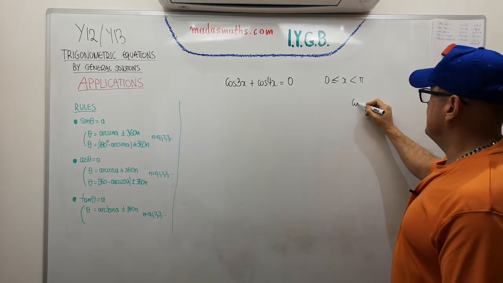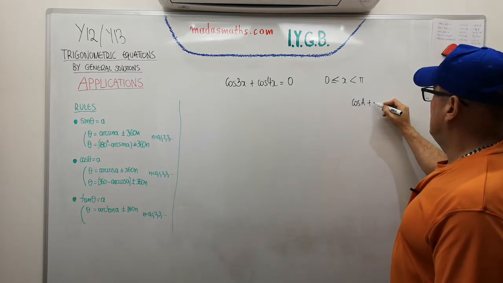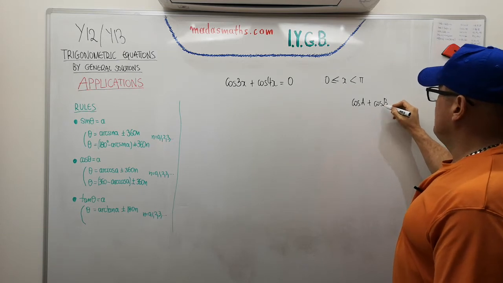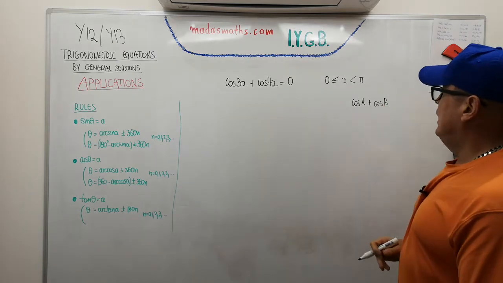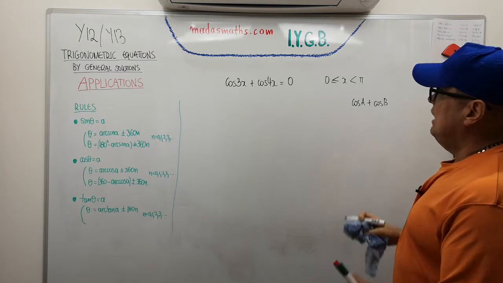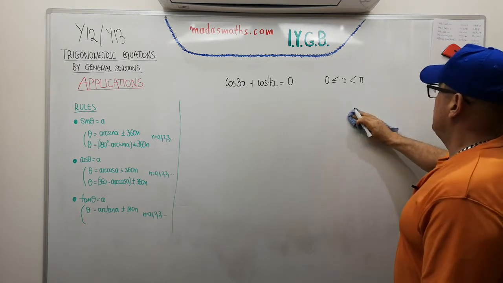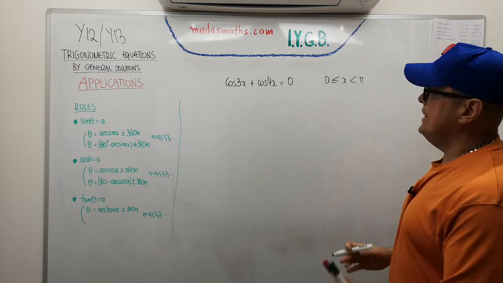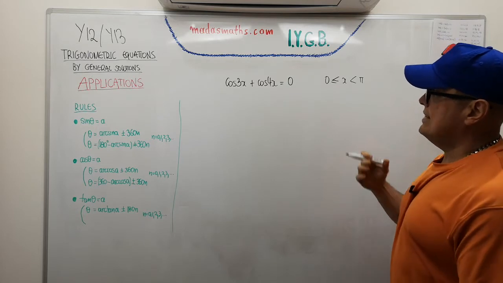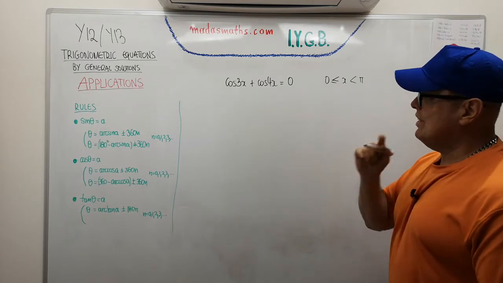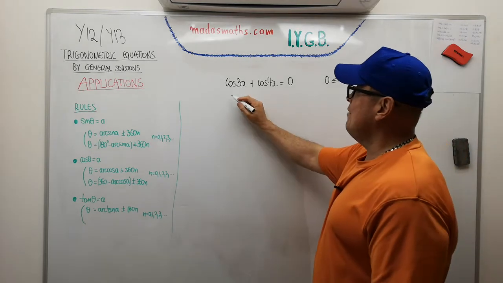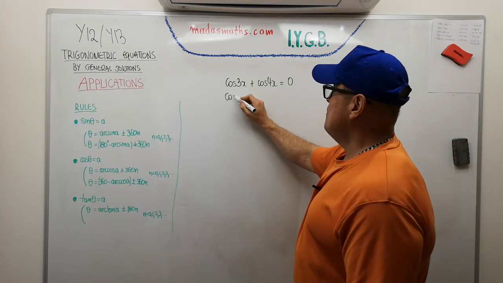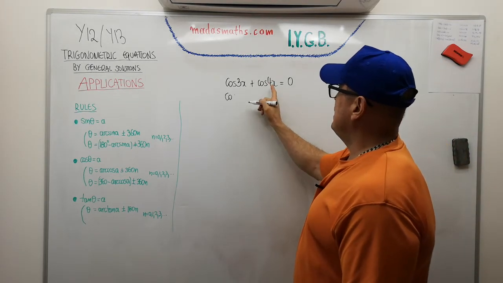use identities such as cos A plus cos B, which is given in the formula booklet. It's okay, we can use that one. Actually, it's probably easier to use this particular equation. The challenge now is how we're going to use the general solution for something like this, because we have a problem. If we move one of the cosines, I'm going to keep the bigger cos on the left,